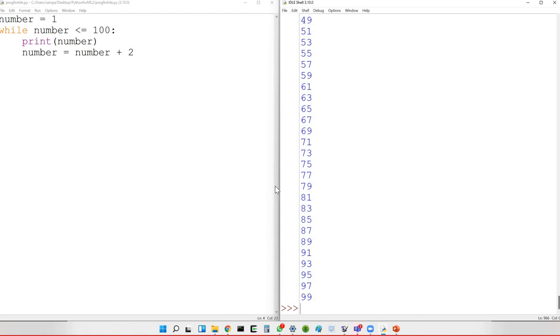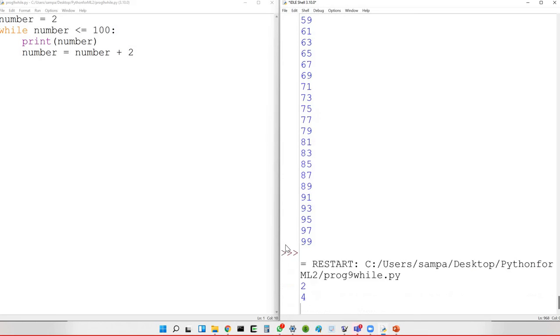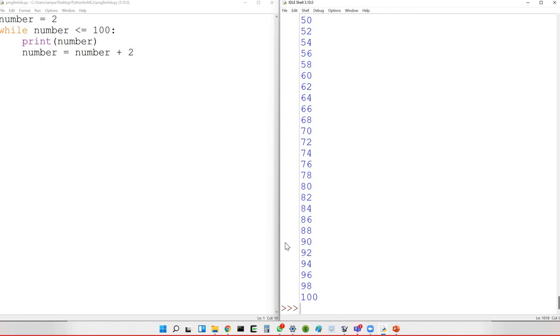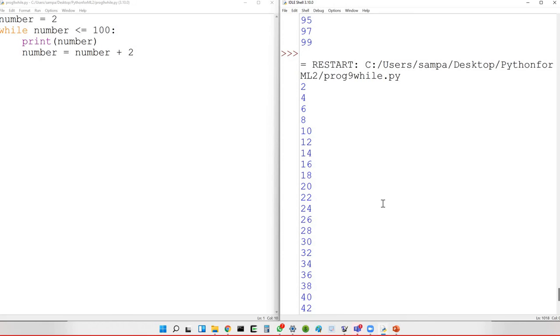Sorry, even numbers. Initialization. So instead of number 1, I want to put 2, which will print even numbers from 1 to 100. I said 1 to 100, so you can't have 0, because I said 1 to 100, right? Because of that, you can make it 2, right? So you will get even numbers,